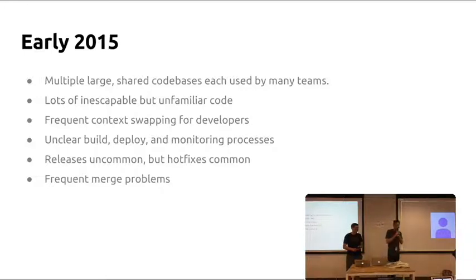Because we had monoliths, there was one build process for the one or two code bases that we had, which meant that the people who managed them, Nathaniel, understood them, and literally everybody else didn't. So if you wanted to know how your code was going to get to production or when, you didn't really know. You had to do some investigative work to figure that out.